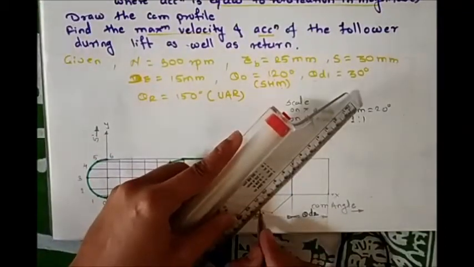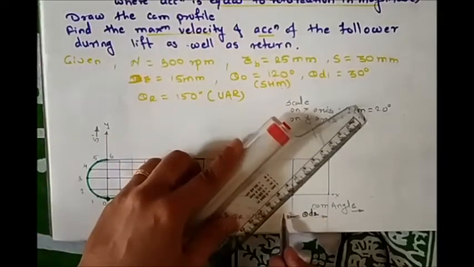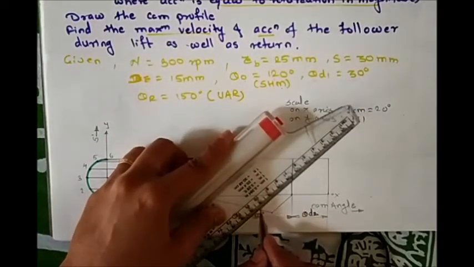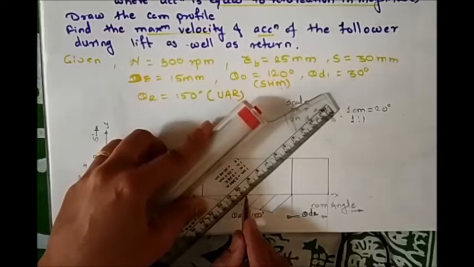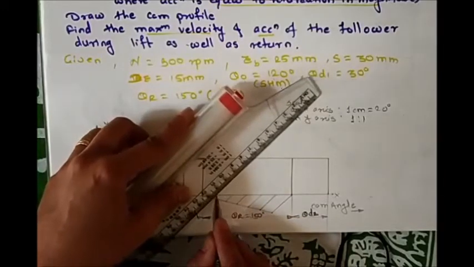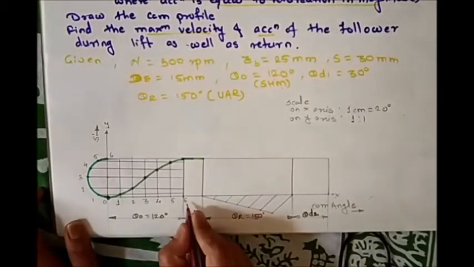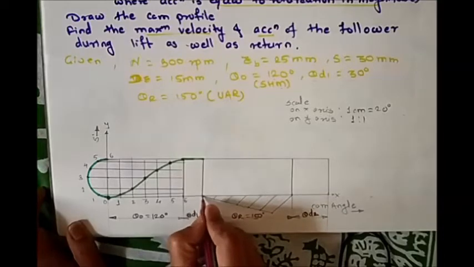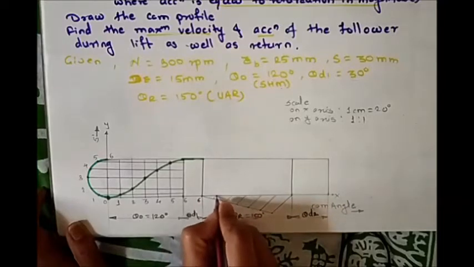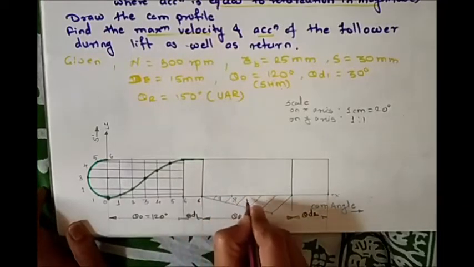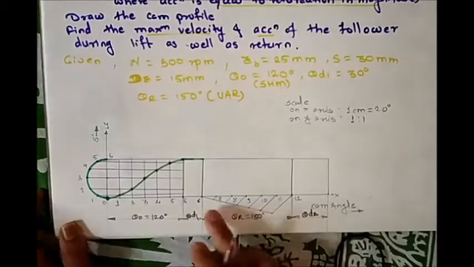So in that return stroke, for the next point, just draw a parallel line to this last line. So I'm going to draw a parallel line from each point, that is 1 to 6 points. Now give the numbers. Now here we have the point 6 and this is the constant displacement again. So at the starting of the return stroke, we are going to give the number 6. Then this is 7, 8, 9, 10, 11 and 12. So we have these 6 parts.